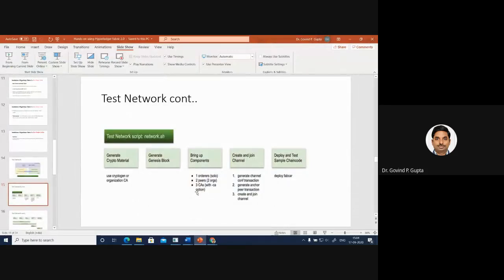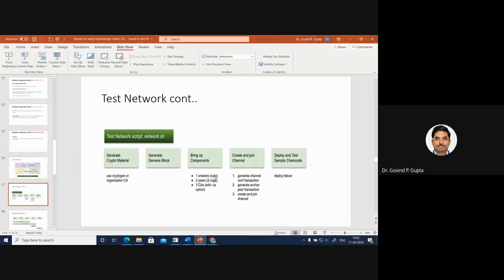So you see, whenever you are activating the network.sh, what happened? It generates the crypto material, which is helpful in the interaction among the peers. Then it generates the Genesis block and brings up the different components like the orderer. Since I'm using a local machine, by default the consensus protocol is solo.